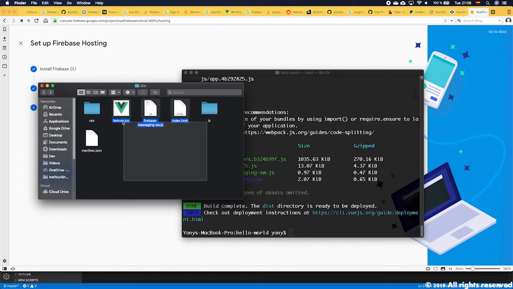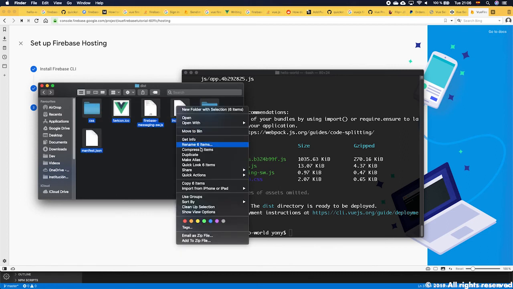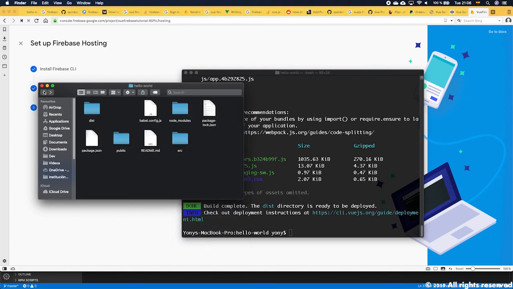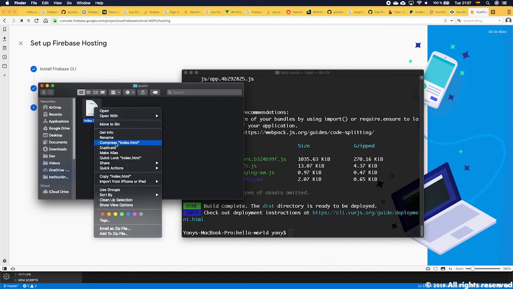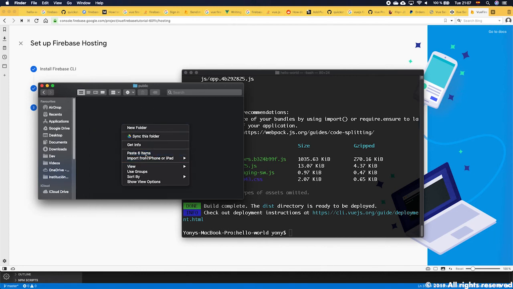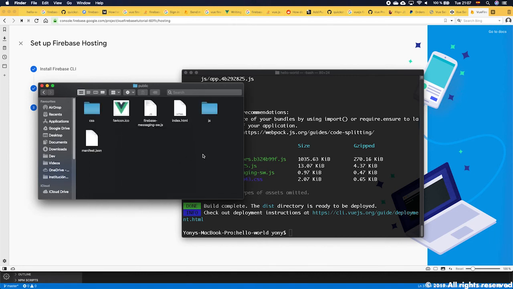Okay, so the following step will be copying whatever we have in the dist folder. We're going back into the folder in the Firebase, hello world public, and we're going to delete the one we had there, and we're going to paste the 6 items that were in the dist. So what we're really doing is moving from the Vue dist into the Firebase public. Okay, once we do this, the final step we have to do is upload this into our hosting space in